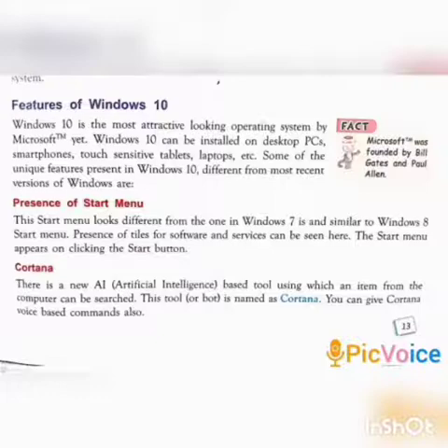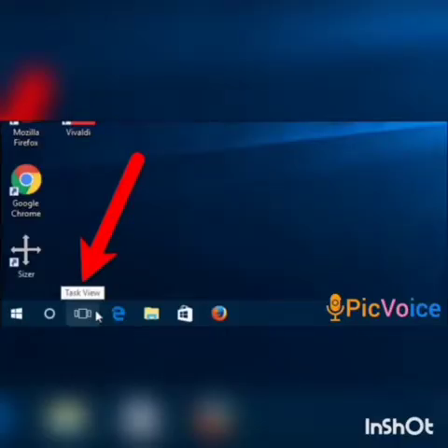Then Cortana. There is a new AI. AI stands for Artificial Intelligence. It is a tool using which an item from the computer can be searched. You can give Cortana voice based commands also. Now task view.